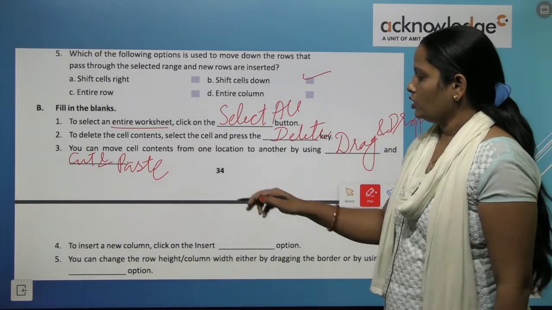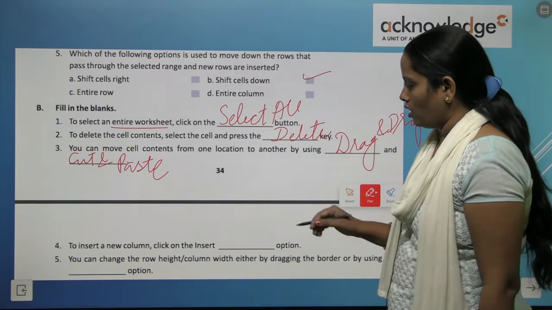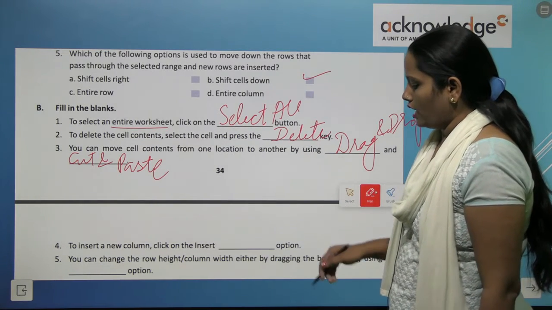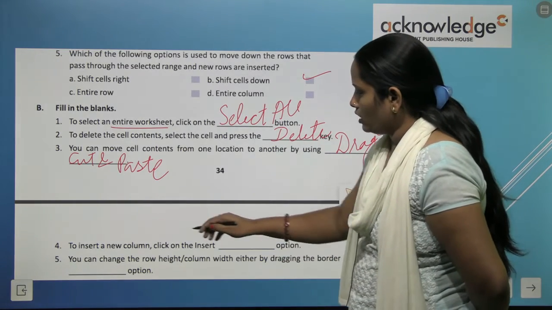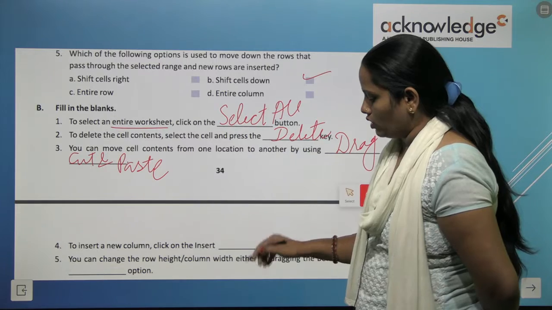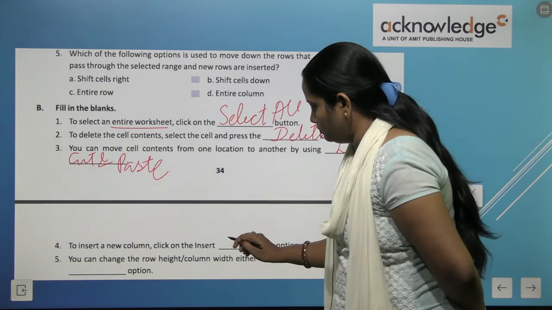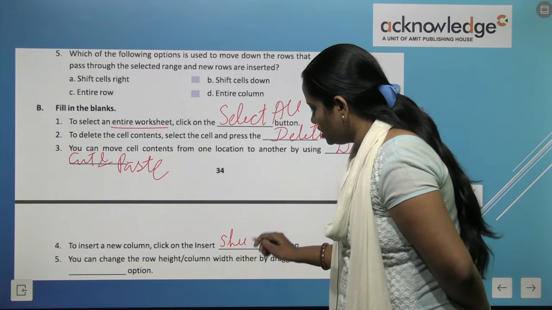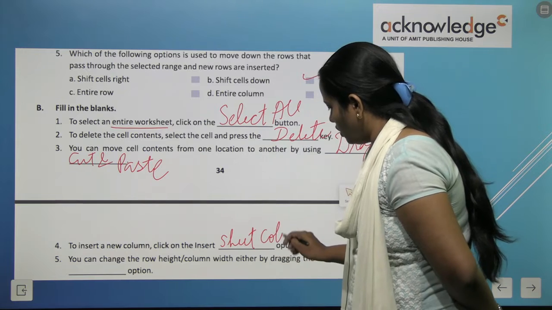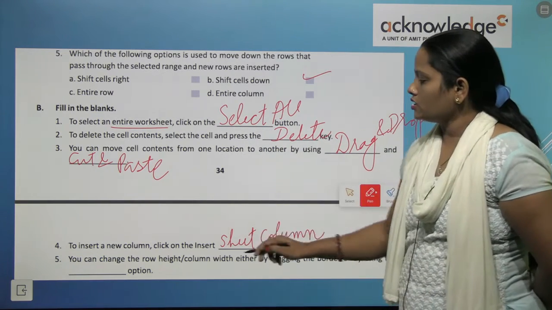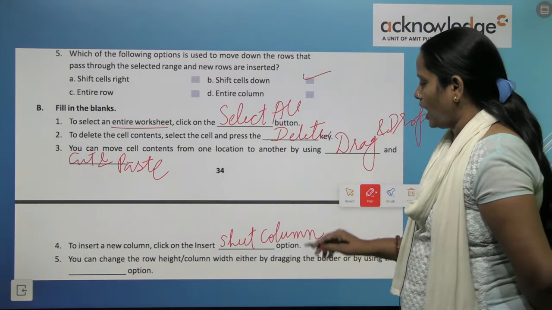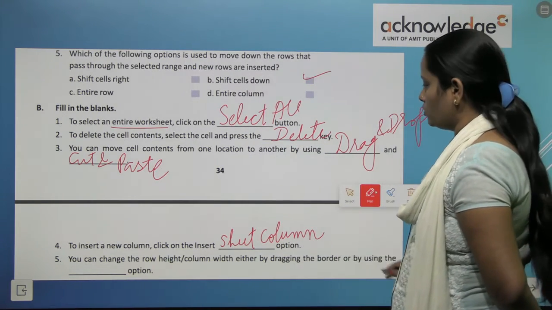Next is to insert a new column. Click on the insert option. So to insert a new column, we have to click on the insert sheet column option. You can change the row height, column width either by dragging the border or by using the